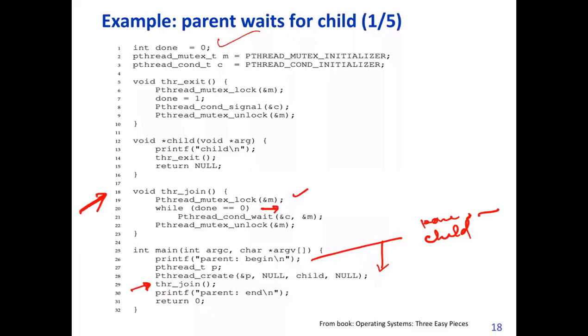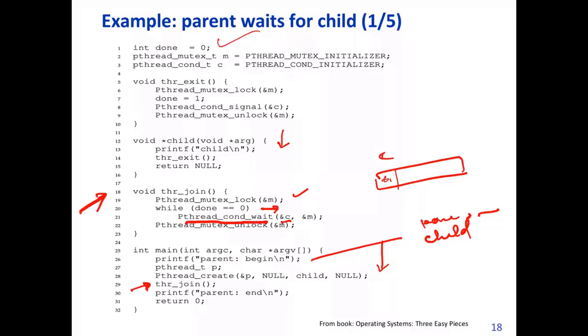So now it will put itself to sleep using the wait call, right? It will sleep on the condition variable c. So this thread, set t1, will go to sleep. That's fine, now it's sleeping. Now the child will get time. We schedule the child sometime or other. So now the child comes into play. The child will print.